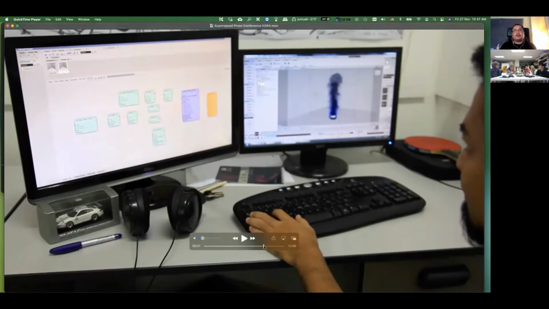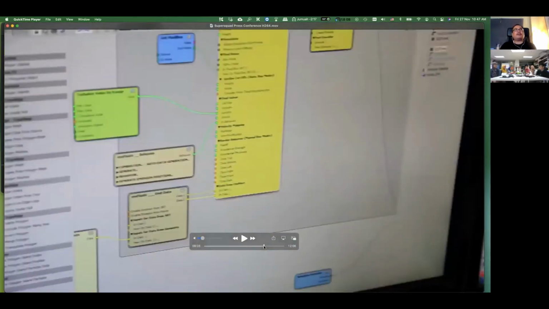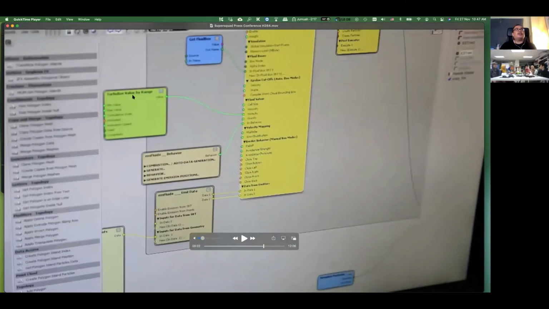Okay, so I'll show you what it looks like. It's like programming juga. Okay, macam ni ya. So these are all nodes. Tengok your turbulence, value, range. These are all like macam variables you can put in. Combustion, auto data generation. Dia quite complex lah. You can solve macam mana. Because dalam